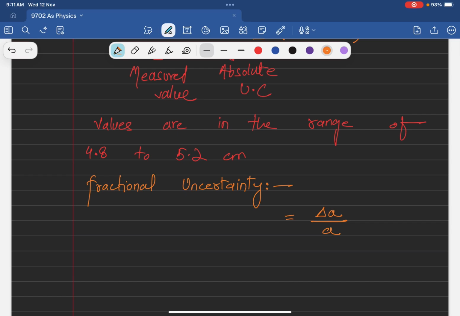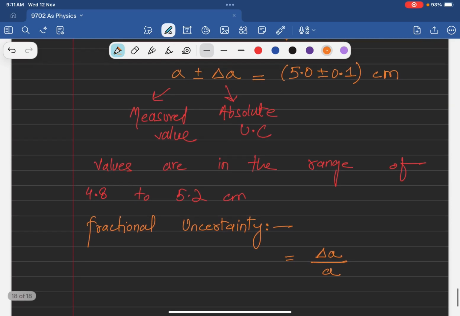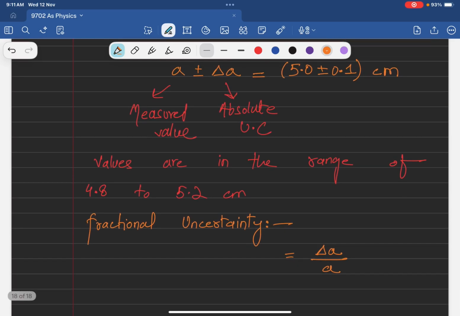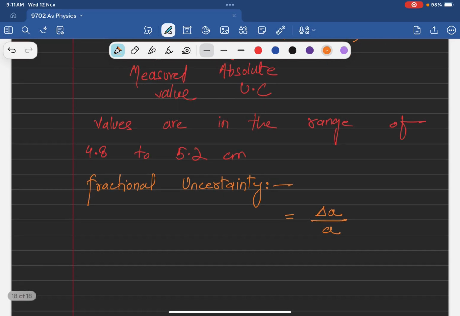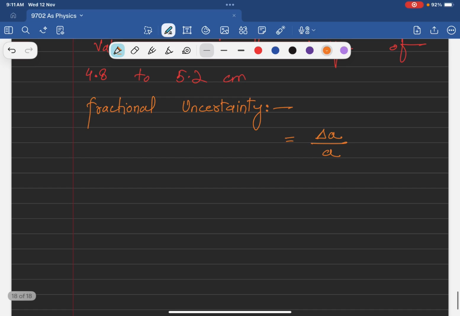So, if in CAIE past papers, anybody is asking you to find the fractional uncertainty, you will simply divide the absolute uncertainty by the measured value. It will tell you how big or how small your uncertainty is as compared to the original value, and that thing is fractional uncertainty. Now, there is one more way by which you can state uncertainty, and that is